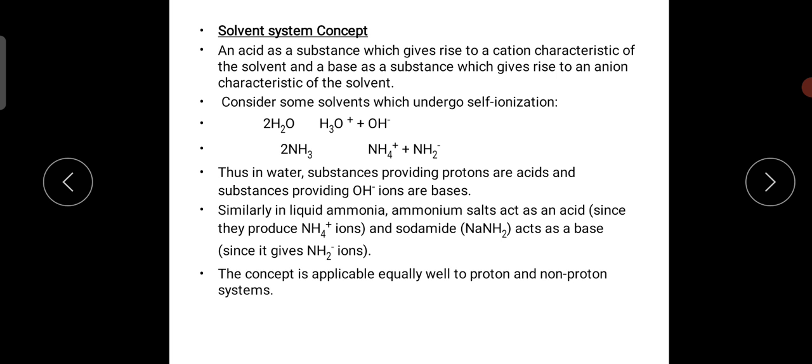Then the solvent system concept. An acid is a substance that gives the cation characteristic of a solvent. Likewise, a base is a substance that gives the anion characteristic of a solvent. These are some examples. From water we get hydronium ions and hydroxyl ions. Likewise, from ammonia we get ammonium ions and amide ions. So in water,